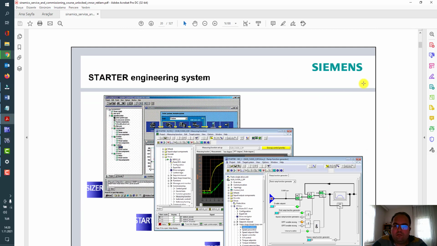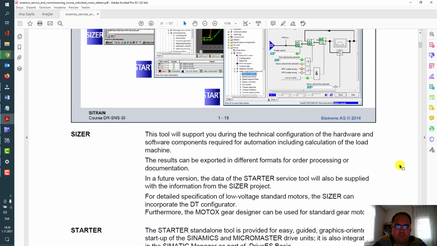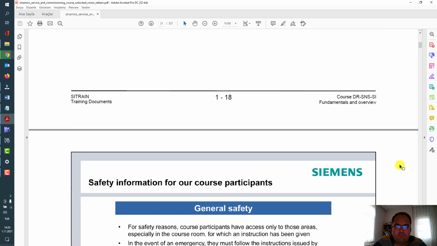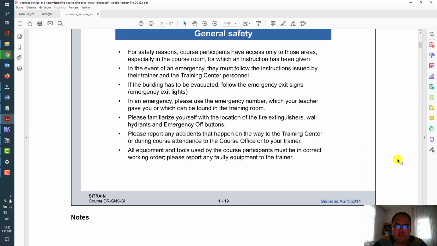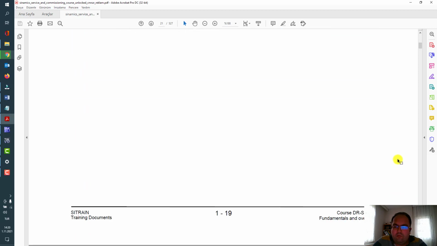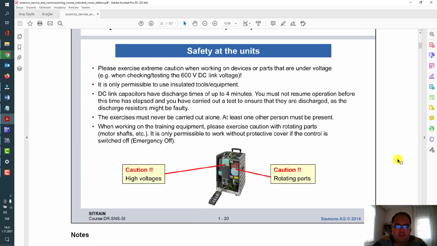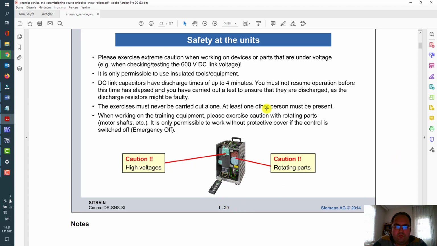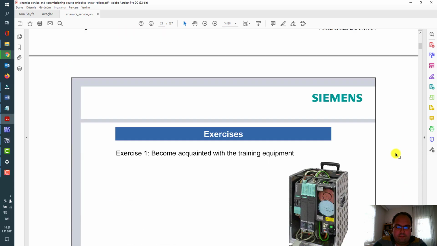And also Starter or Simotion Scout we will use as the engineering system. It works with Windows. So for this course there is some safety information, and if you already have a CDEMO demo case for Sinamics, there is some additional information related to the demo case.